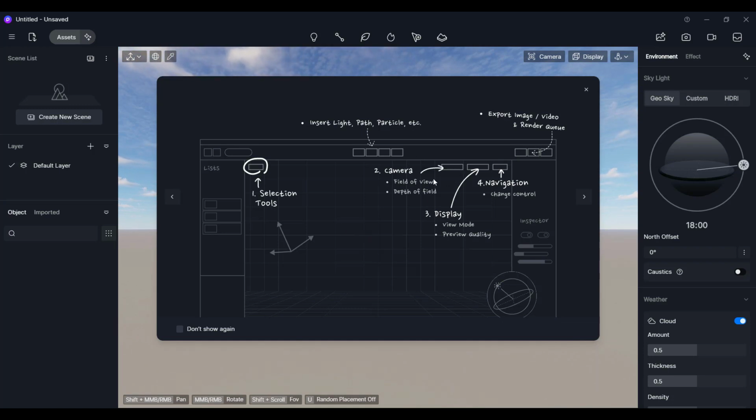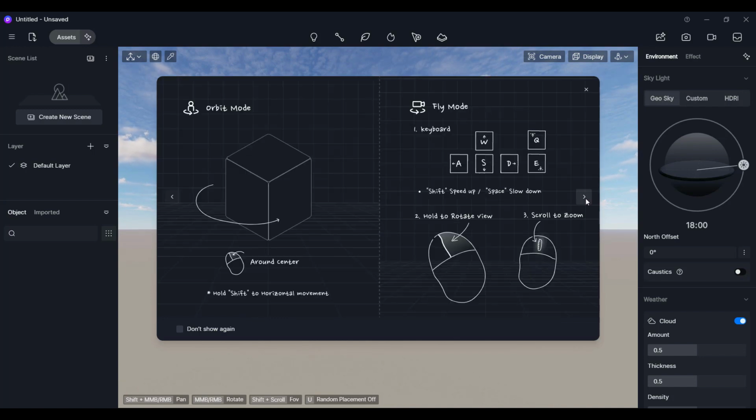Next, here we have a camera view, that is how to control the field of view and depth of view, and how to change the navigation tools like QWE and ASD, and how to change the display like this. This is what you can see, the same thing, camera, display and all. And at the left side we have some untitled option, new option, layer option, and imported objects, detailing about the imported objects and all these things. So you just click on the next option to get the next ones.